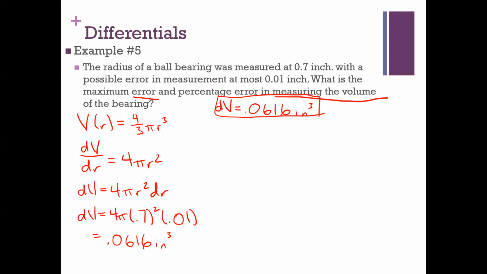All right. So to figure out the relative error, we should probably figure out how big the ball bearing is, if we can measure it exactly. So we'll say this. The volume is equal to 4/3 times pi times 0.7 cubed. This right here will be a nominal measurement. 1.437 inches cubed,